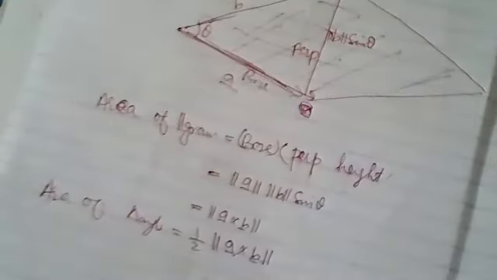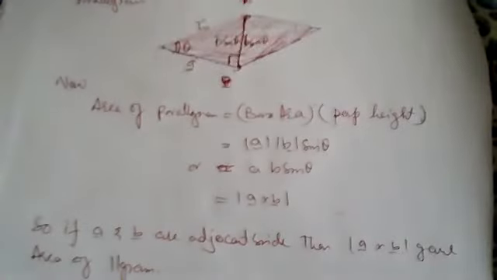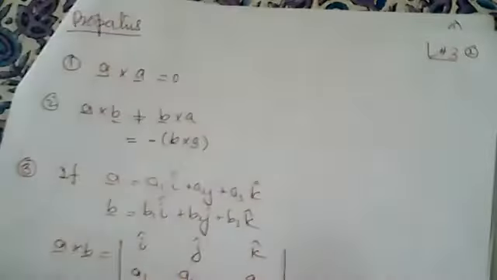Okay, that was the geometrical interpretation. Geometrically, the cross product gives us the area of the parallelogram where A and B are the adjacent sides. If you take the half of the parallelogram, it becomes a triangle. So half of A cross B gives the area of the triangle. Let's see that. Everything is there in the notes. So let's revise a few properties.